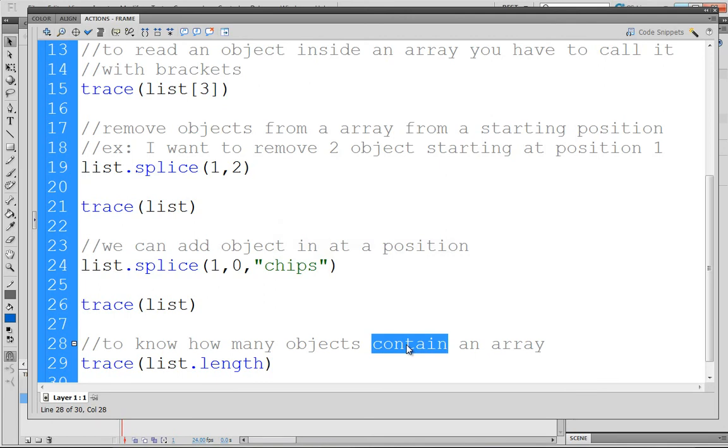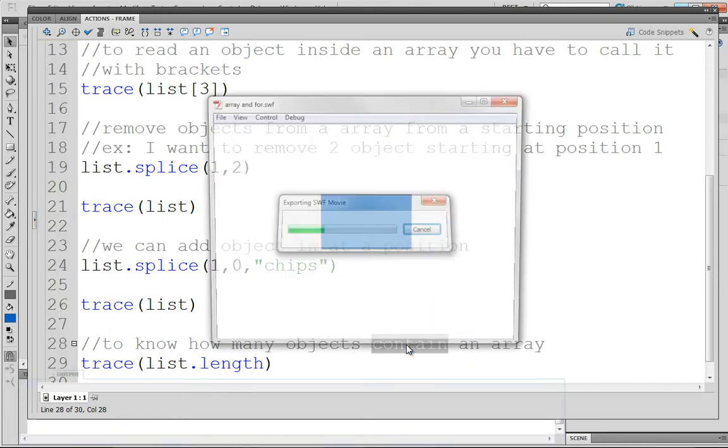Okay. Anyway, it's list dot length that gives you the number of objects that the array contains. So yes, dot length. Okay, so if we test that,